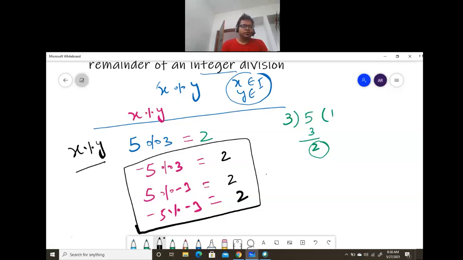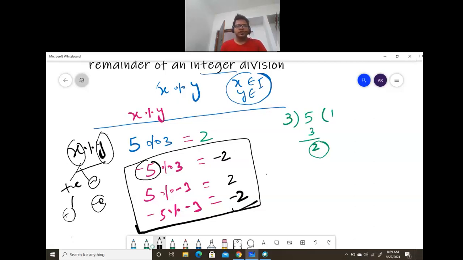The second thumb rule for the modulus operator is: if x is positive, the answer will be positive. If x is negative, the answer will be negative. That's all. We are not affecting any value by y. Y is independent. Y is not included in your answer. So for -5, the answer will be negative. 5 is positive, no effect. -5, then the answer will be -5. So this is the answer, right?